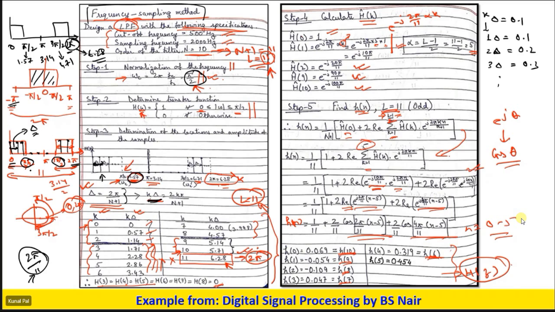Your passband limit is pi by 2. Pi by 2 is 1.57. You cannot take samples which are greater than pi by 2. So, if you see, what are the k delta values which are lesser than 1.57 over here? All these values are lesser than 1.57, right? So now you are done with the 0 to pi by 2 region.